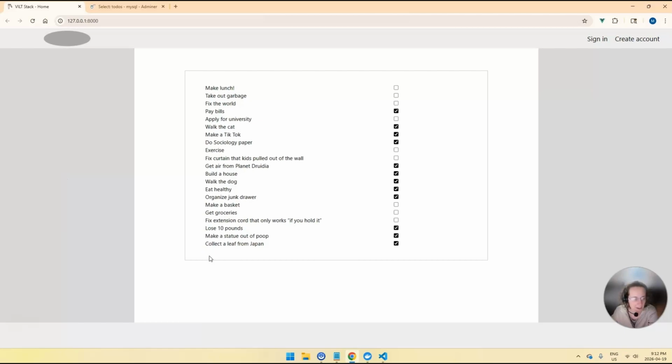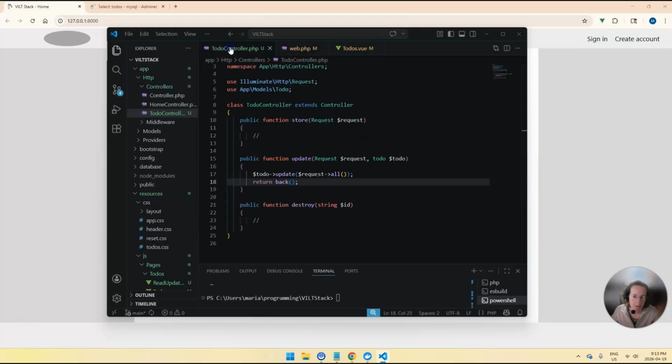Alright, in this video we're going to add a to-do. Getting it to work is going to be pretty similar to updating, but then we're going to have to add validation to it. So to start off, we're going to add create in the back end. So we'll go to the to-do controller, and in the store function we'll go to-do,